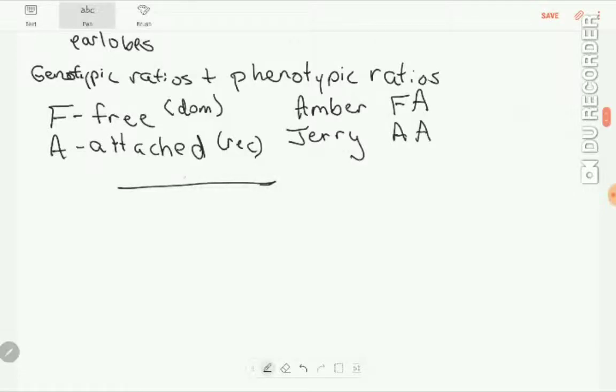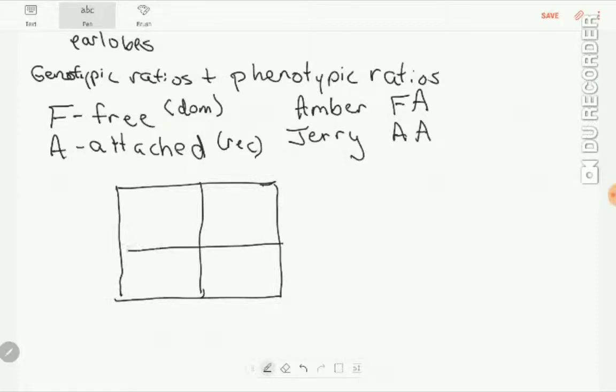So I set up my Punnett square, and honestly it does not matter if you put Amber on the side or across the top, or if you put Jerry on the side or across the top, as long as one person's on the side and one person's on the top. So I'm going to put Amber up here at the top. She's F-A, and Jerry is A-A. I'm going to take my A over